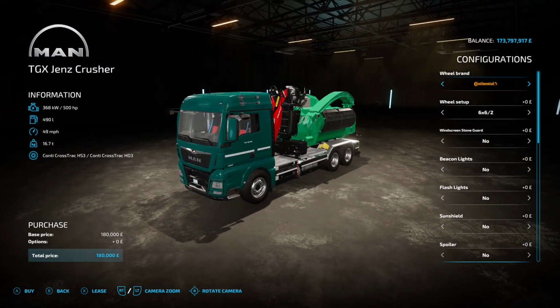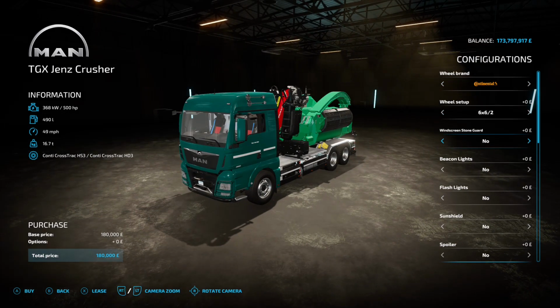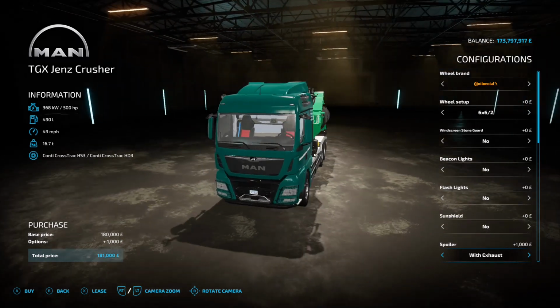That's brilliant. So the options you got there, wheel brands and the tyres, usual shenanigans on the go. Then you got windscreen stone guard, no or yes. You then got beacon lights, no or yes. And then warning bar, and then back to no. Flashing lights, no, yes, and then back to no. Sun shield, no. Small, big, then no. Spoiler, no, yes. With exhaust. With exhaust,